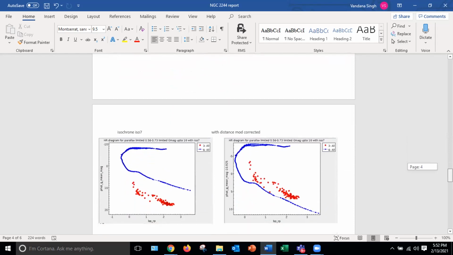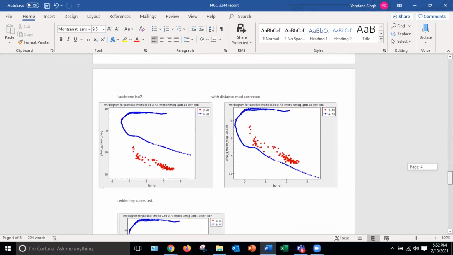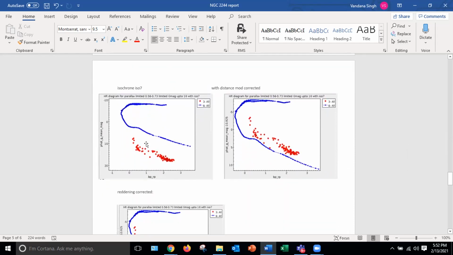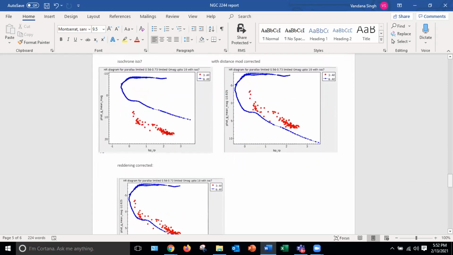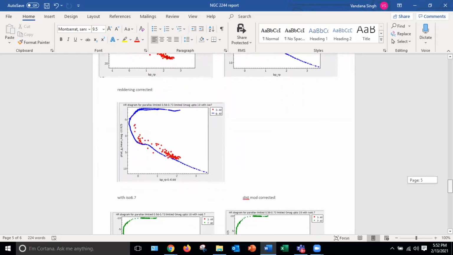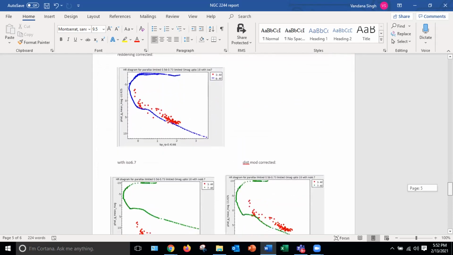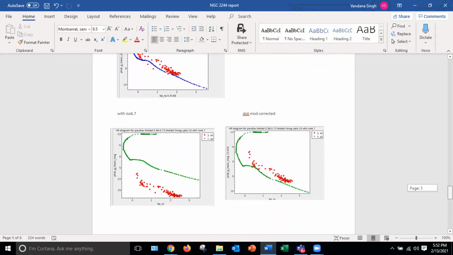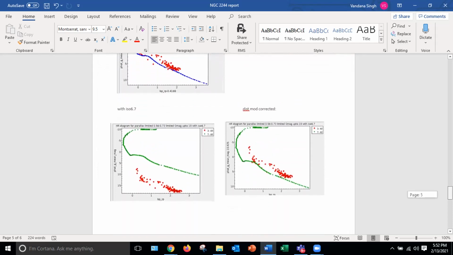Then I tried plotting the isochrone. So this was just with ISO 7, with the distance modulus corrected, which again is not accurate because I've not taken the AG value. This is reddening corrected. Then I've tried with ISO 6.7.